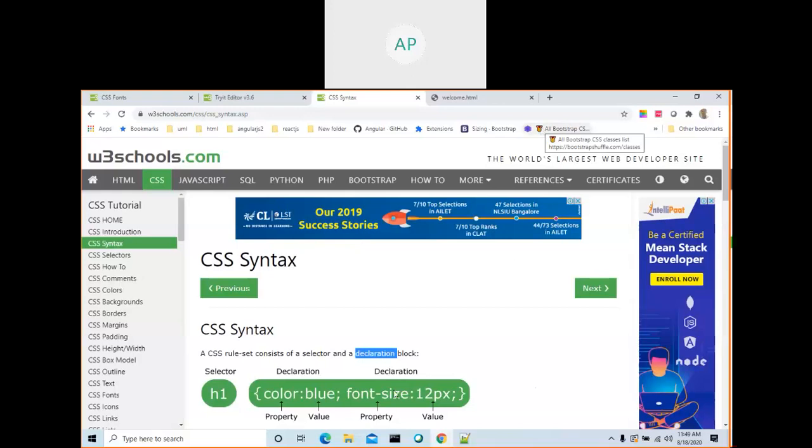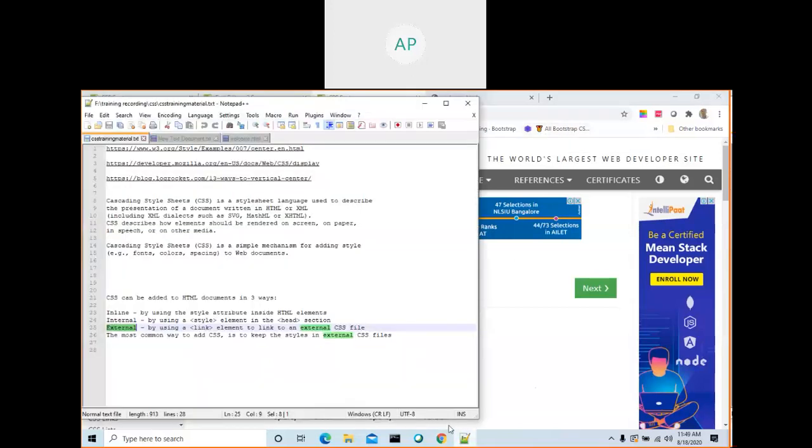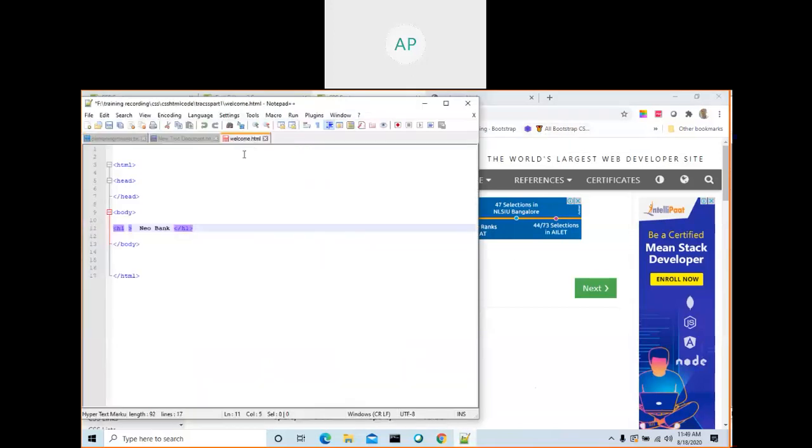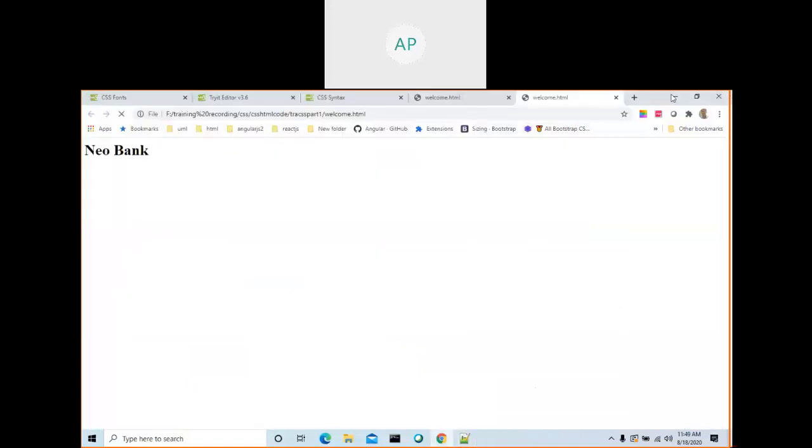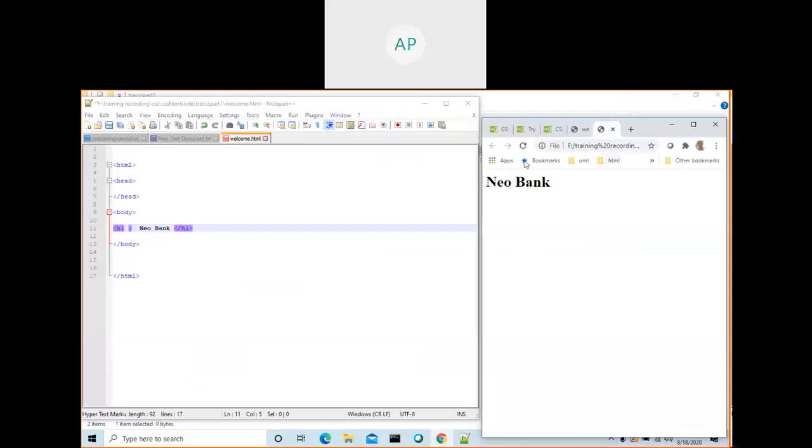Now we created one welcome.html and displayed it by opening in the default browser. Now we are going to apply CSS in three ways. First we will try the inline way.